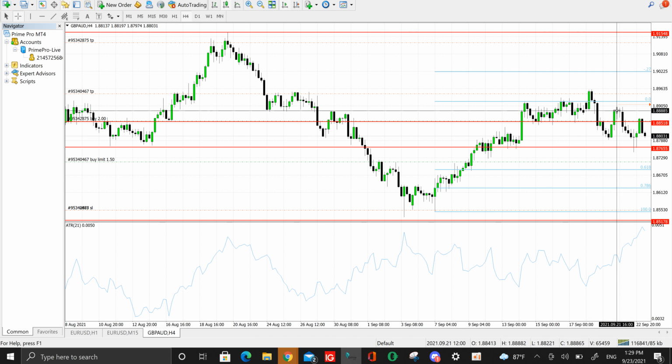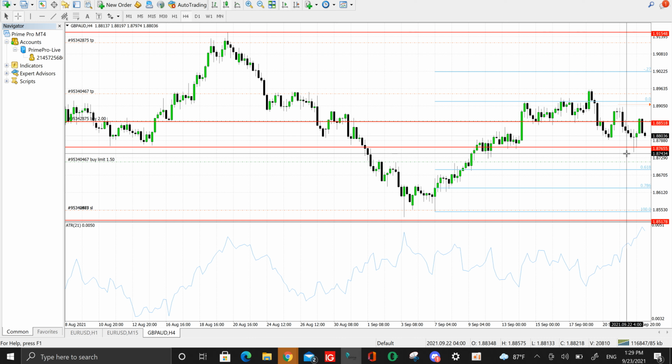It bounced off, and then it went slightly back towards that area, breached it, and it rejected that again. So below this wick, we could actually look for a stop loss. If it does get below that wick, we should suspect price to continue on down towards 1853. So this previous buy limit order, like I said, it's time to move it, and that's what I'm going to do on the